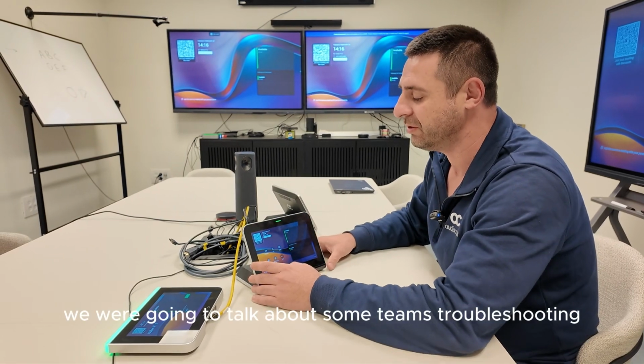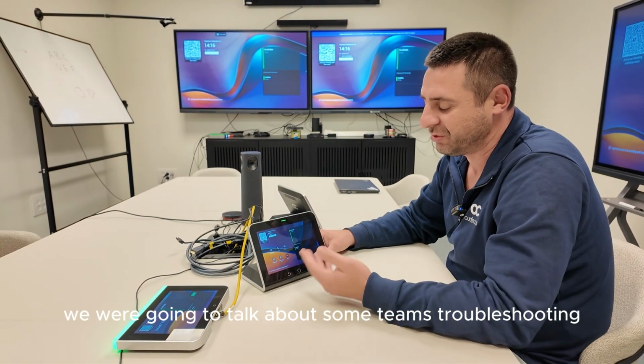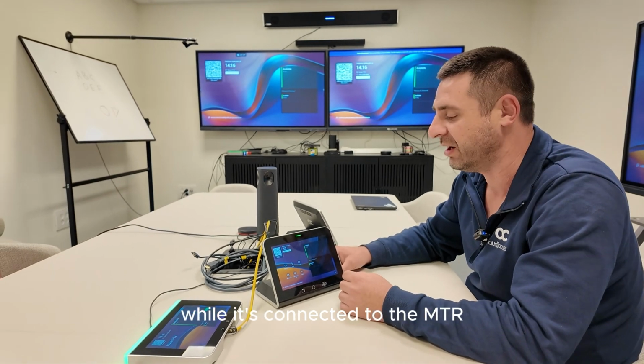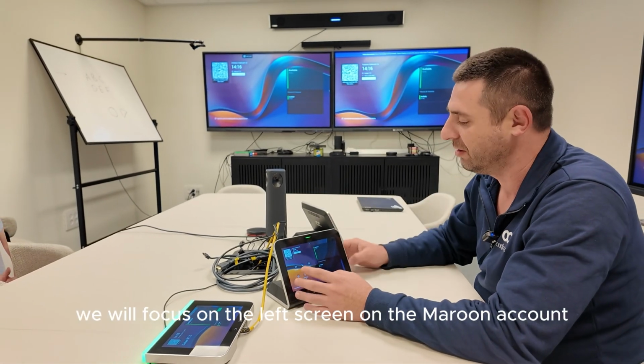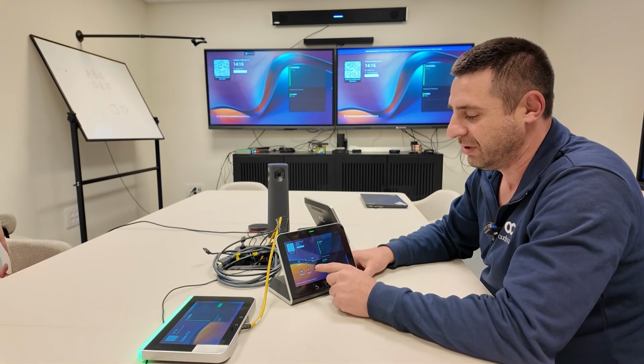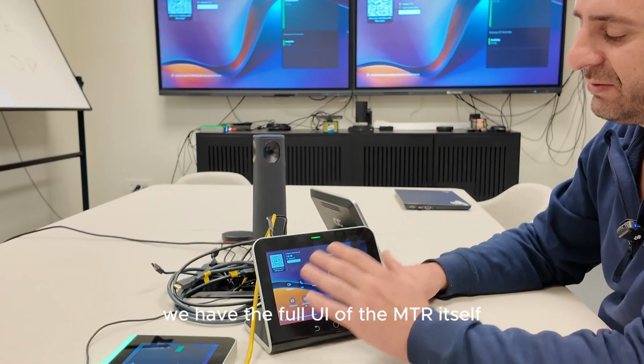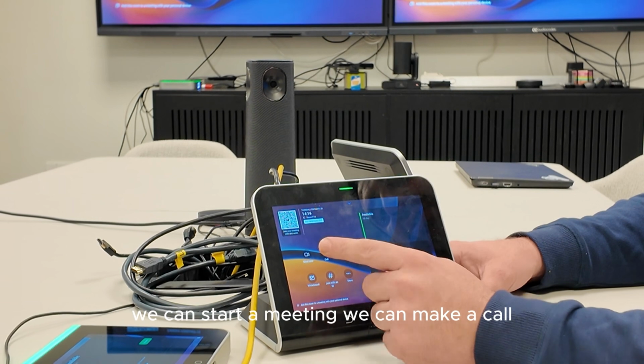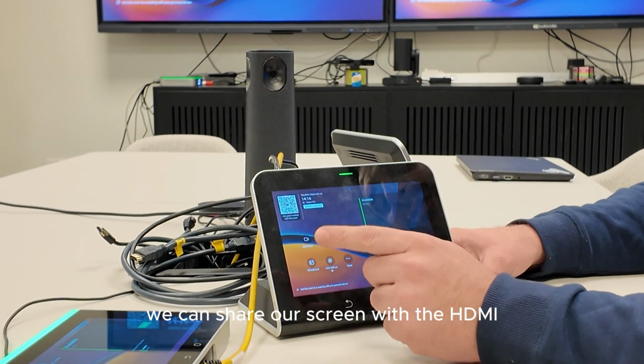Okay, now we will talk about some Teams troubleshooting and Teams menus on the RxPad while it's connected to the MTR. We will focus on the left screen, on the Miron account. On the RxPad we have the full UI of the MTR itself. We can start a meeting, we can make a call, we can share our screen with the